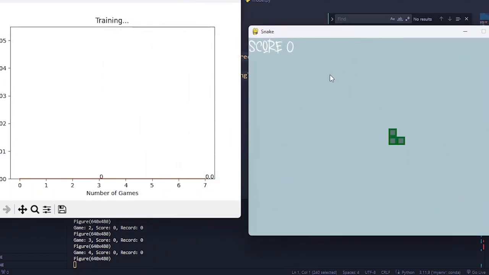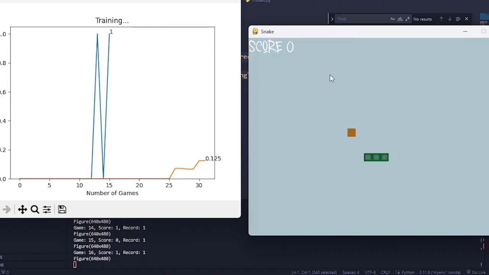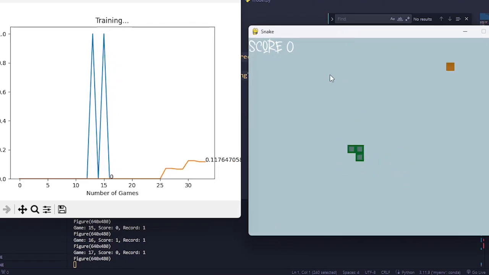What you will see is the agent trying to figure out what exactly the goal of the game is. As you can see now, we are on game number 14, and it still hasn't taken any food. Now it has, and usually in the first few games it won't